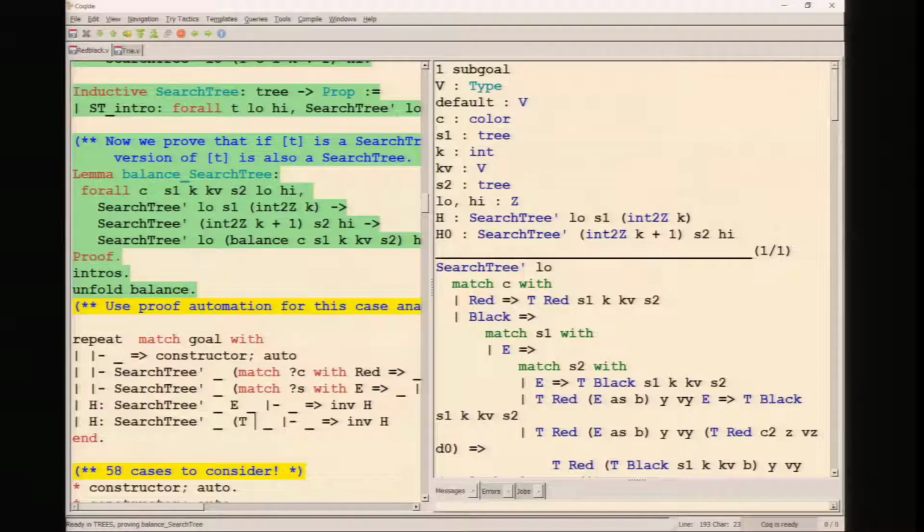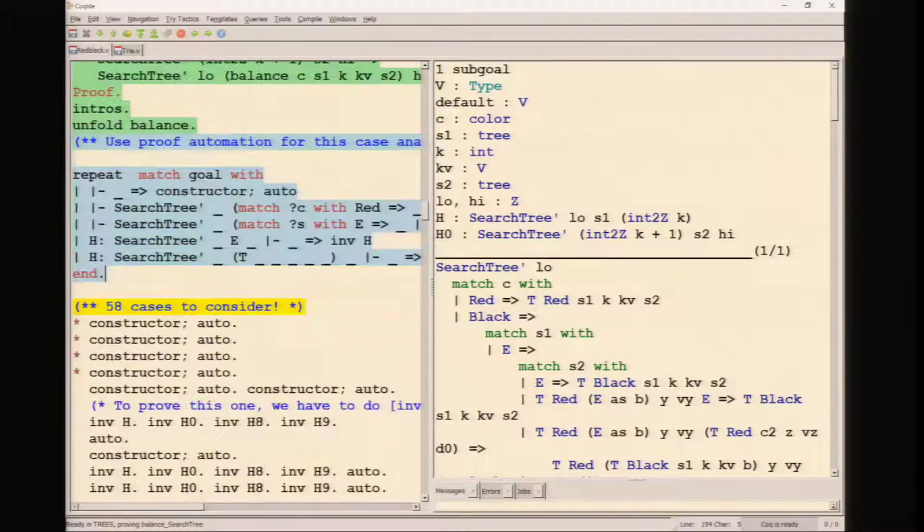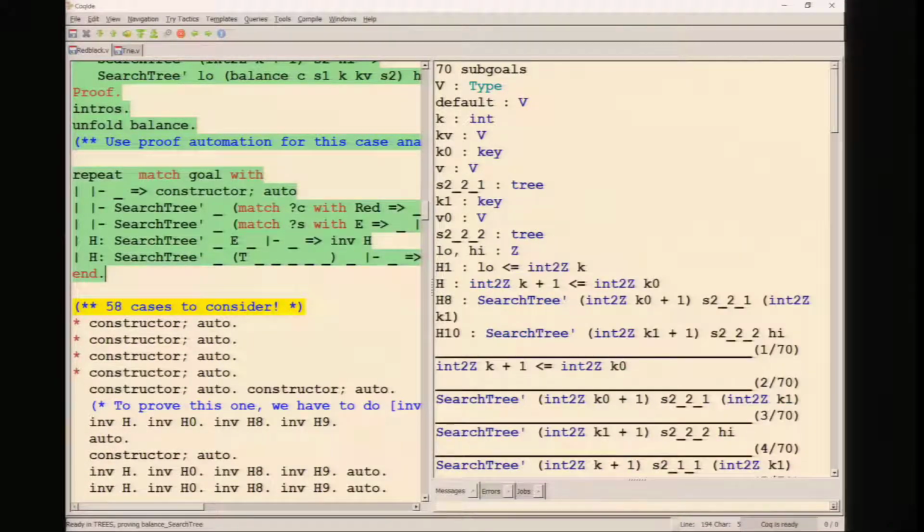And then I have to remember how many, 1, 2, 3, 4, 5. Okay. So now there's still 70 cases. Something didn't work. What didn't work? Do you need constructor without